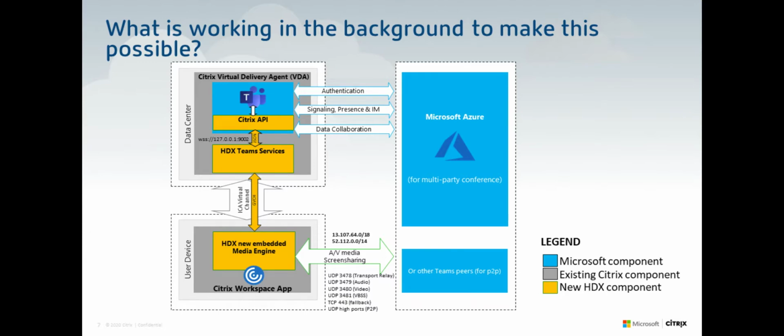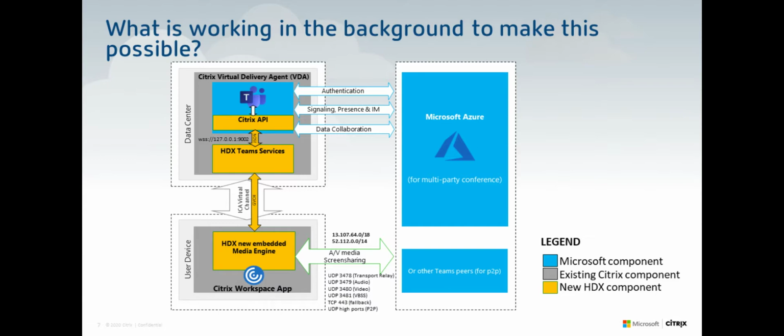In this diagram, what I'm showing is the existing component and what's new for Teams optimization. Here, you can see a Teams published application in the VDA with no optimization. Everything is rendered via the HDX legacy technologies: webcam redirection, audio and microphone redirection. The application is behaving natively on the VDA. There is nothing different that you would see from the app perspective. The authentication, the signaling, the data collaboration, all that happens natively between the VDA and the Microsoft Cloud.